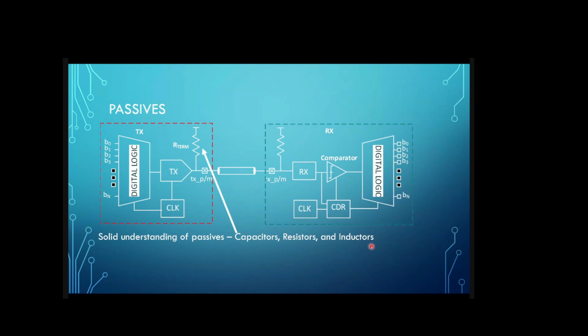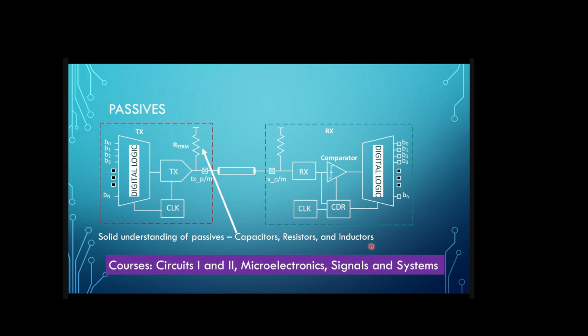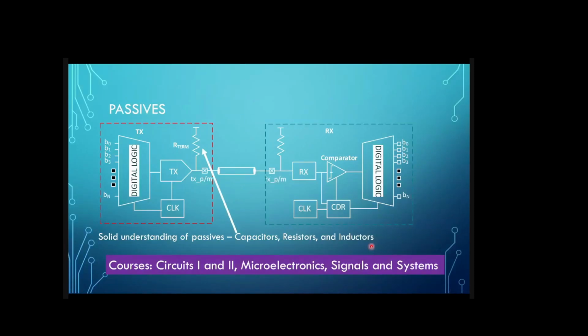But as I said, 80-90% of the students do not have a good, solid understanding of these areas, and the courses you should take, that's what I'm going to talk about. I don't know what you call it. We usually call it Circuits 1 and Circuits 2, like the basics. Like, what is Kirchhoff's law? What is Ohm's law? Voltage division method, current division method, Norton equivalent, Thevenin equivalent.